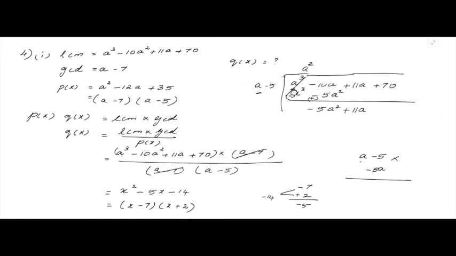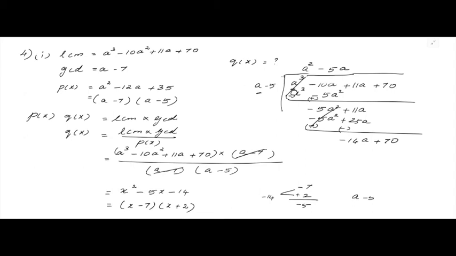So when you multiply, you will be getting minus 5a square, minus into minus plus, 5 5s are 25a, right? So here you are going to multiply by minus 5a. So you will get minus 5a square plus 25a. Now change the sign. This gets cancelled and here you will be getting minus 14a and bring down this side. And now you see you are having a minus 5 and you need this one, minus 14a. This one you need. Okay.